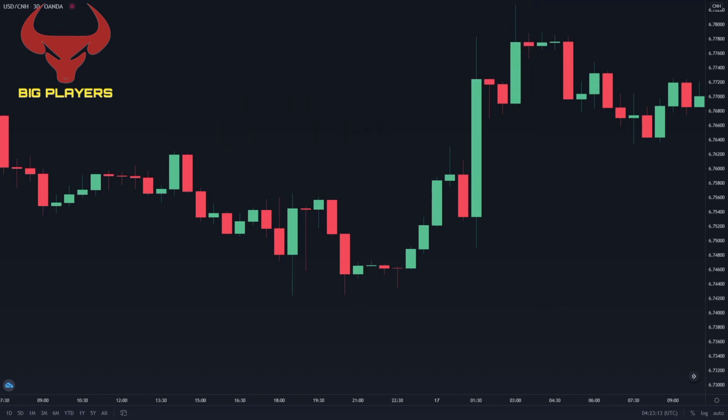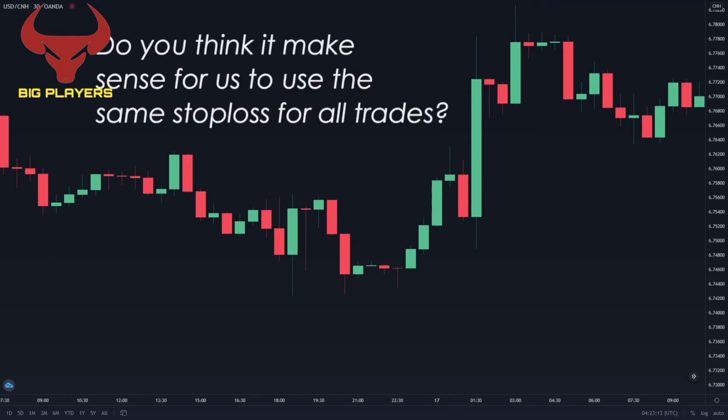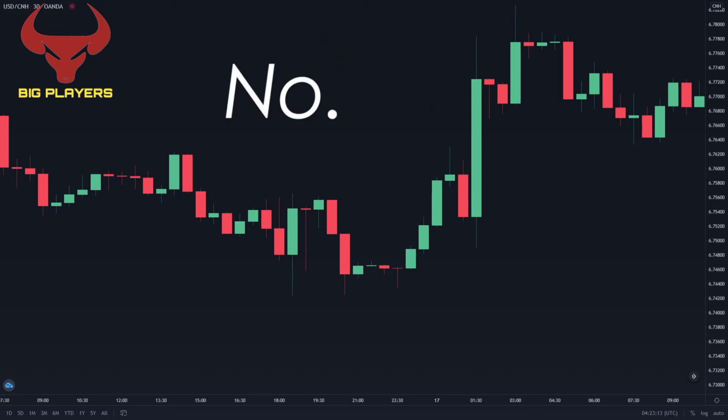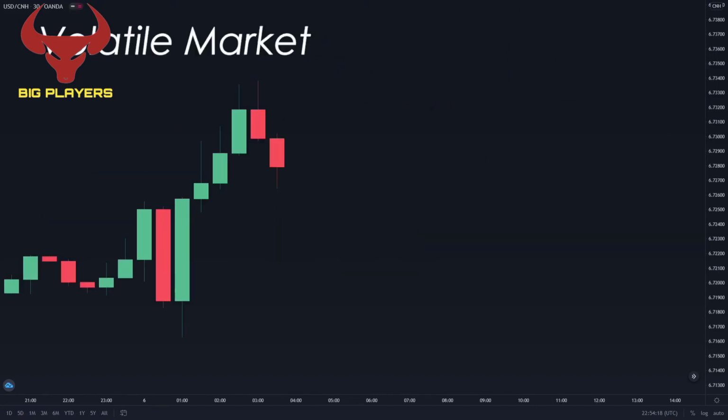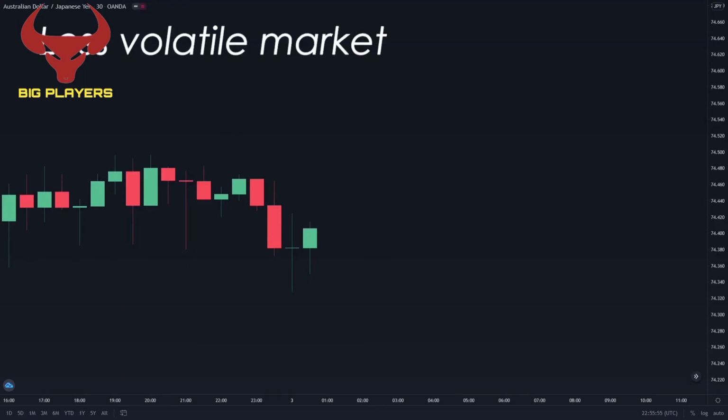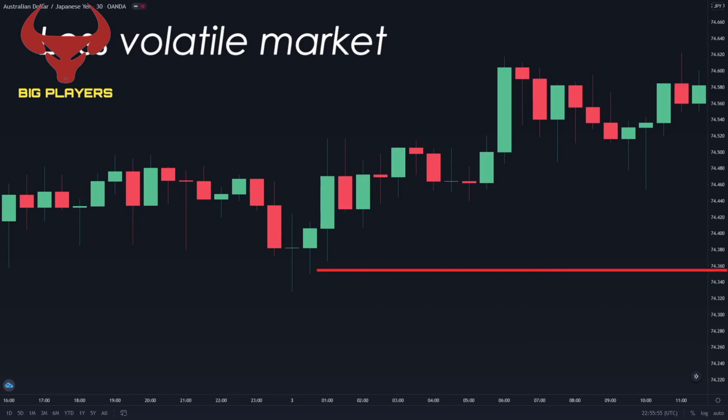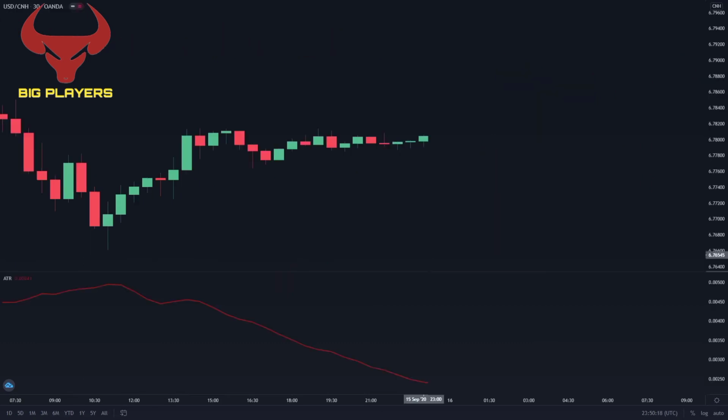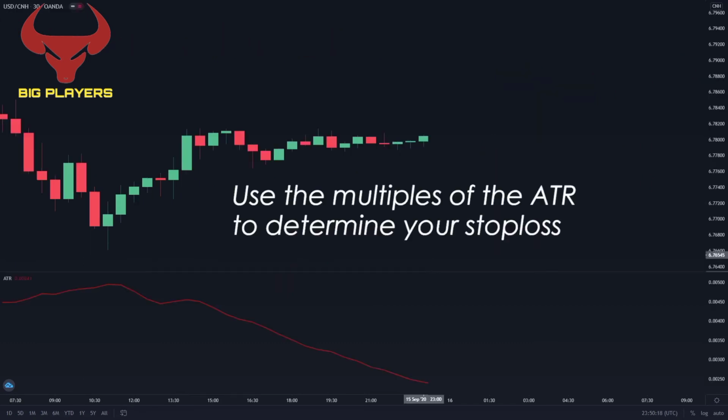So knowing that different markets have different levels of volatility, do you think it makes sense for us to use the same stop loss for all of them? Of course not, because if a market is more volatile and you put a small stop loss, 9 times out of 10 it will most likely get hit. But if the market is calm and less volatile, a smaller stop loss would make much more sense. So what you need to do is use the multiples of the ATR to determine your stop loss depending on